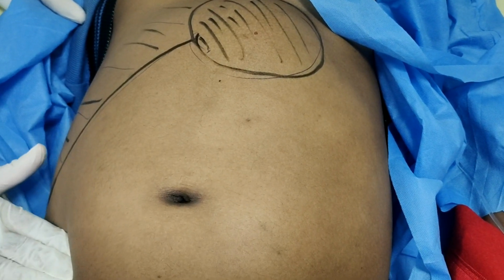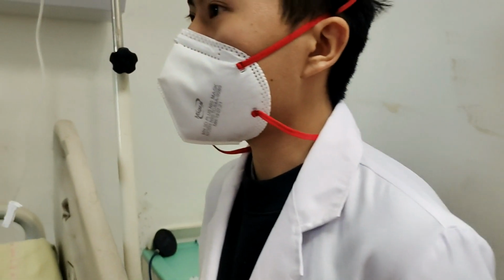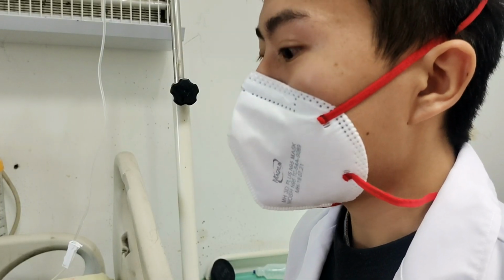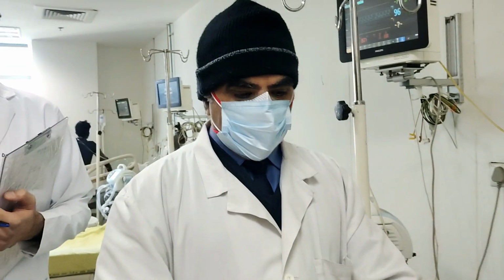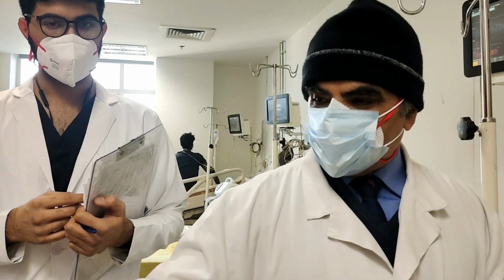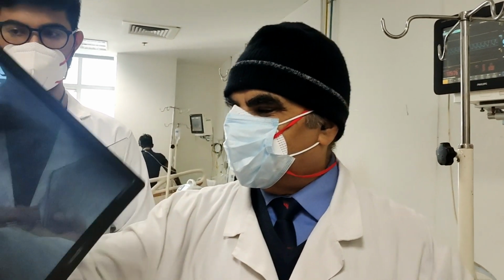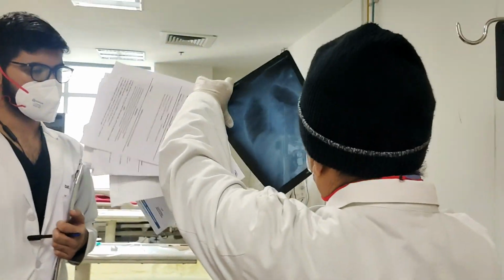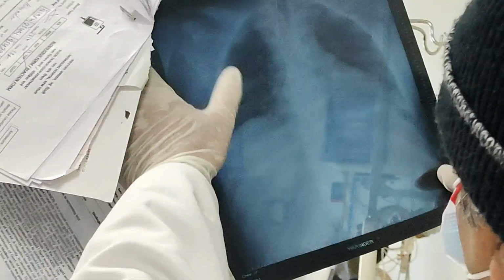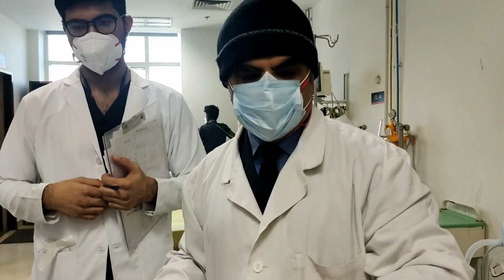And where all can it rupture? So it can rupture into the pericardial cavity. It can rupture into the pleural cavity as well. Pleural, pericardial and peritoneal cavity. So where is this ruptured? It is ruptured into the peritoneum. Is the pleura absolutely fine? Can I see the X-ray? Almost invariably you'll find some effusion. It is reactionary, but here you don't see much of it. But you can see there is a tenting of the diaphragm being pushed up. And the patient is not looking otherwise also very healthy.